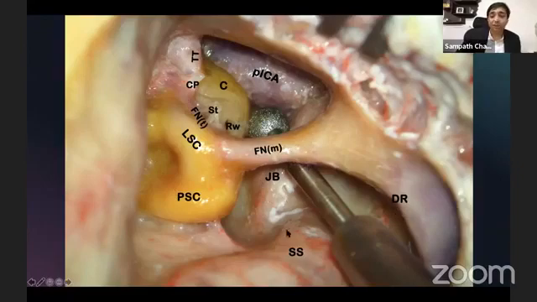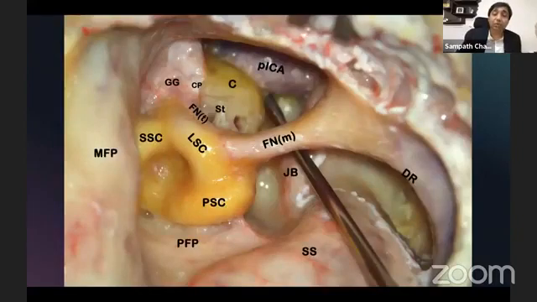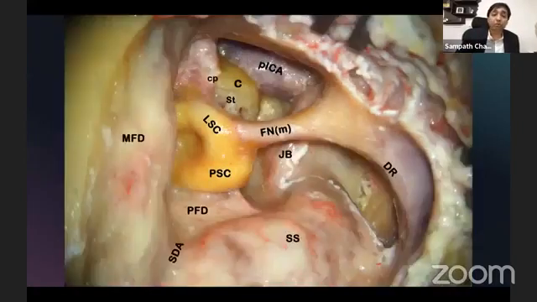If the jugular bulb is not a high jugular bulb, and if there is adequate space between the facial nerve and the jugular bulb, this is a very good approach to the petrous apex. It's not for every disease, only for petrous apex cholesterol granulomas, because all you have to do is drain them. You don't have to excise the sac completely. So that's the depth to which you can go doing a subtotal petrosectomy.